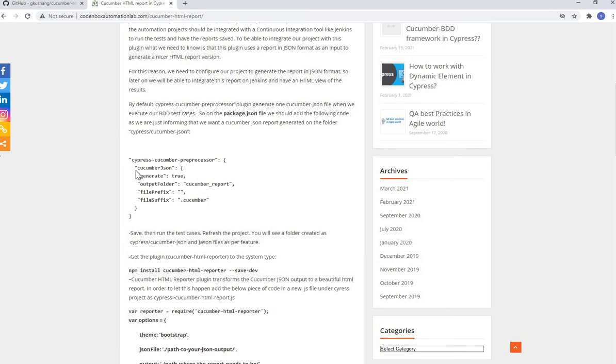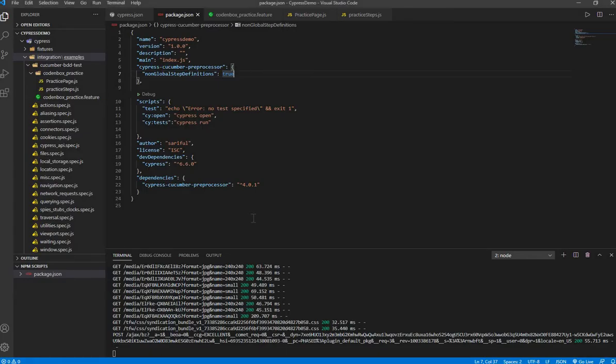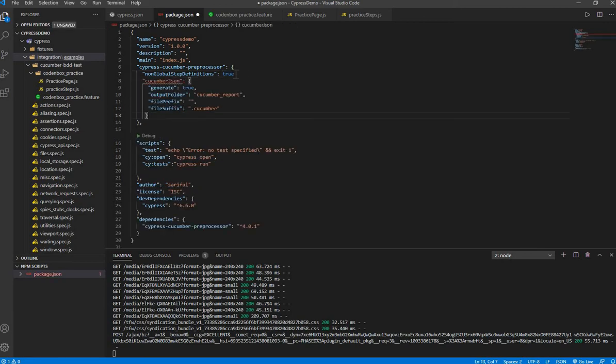So from here we have that part, so let's copy this one, and then go back to here, and inside this put the rest of the part. Cucumber, okay, Cucumber.json, that's right. And then